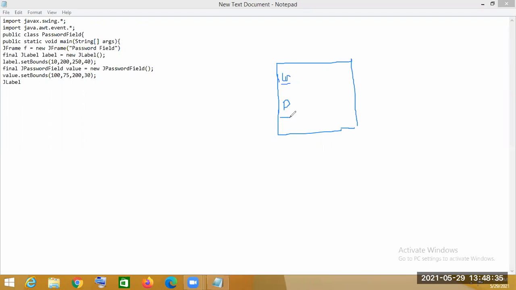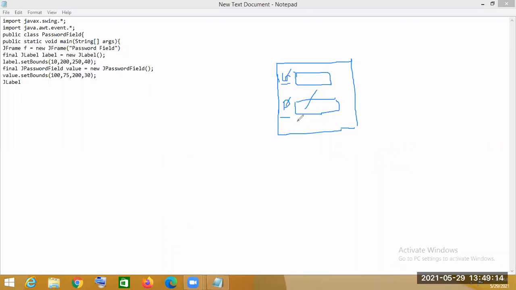So there will be two labels. The username is a label and the password is also a label. So two labels should be defined, and beside them the password will be a password field, and for the username there will be a field. It will look like a frame, and in the frame there will be two labels, username and password, and a password field.